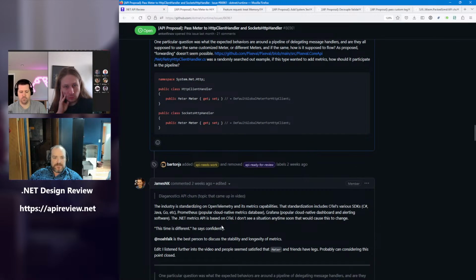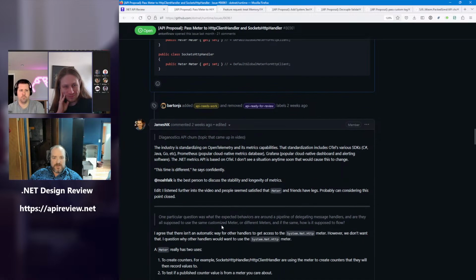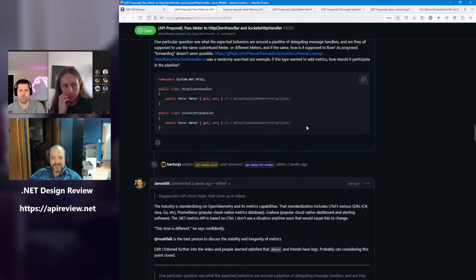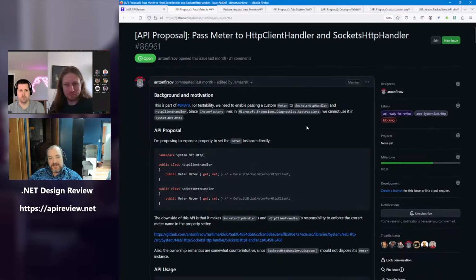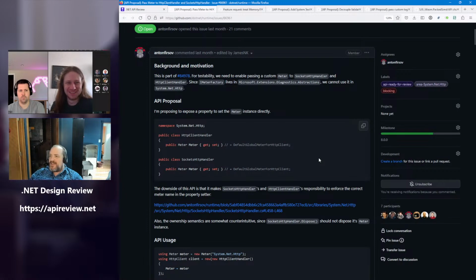Okay, and I did see that James and Noah are both, I'll say, confident that we're not going to move off of meter soon enough that we'll laugh at this. So, okay, I think that means that all of the questions we had before were answered. Does anybody have feedback on the shape, given that the implementation position is this is in fact the correct shape?